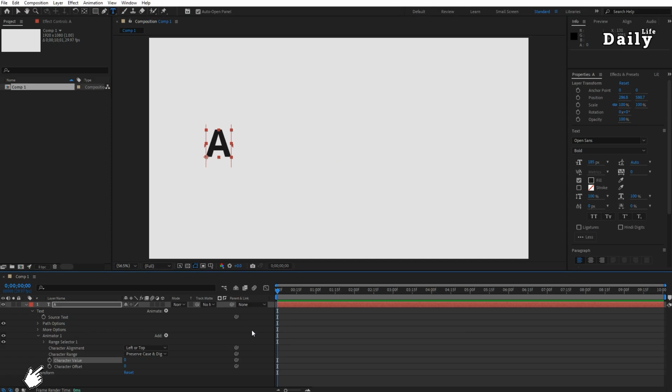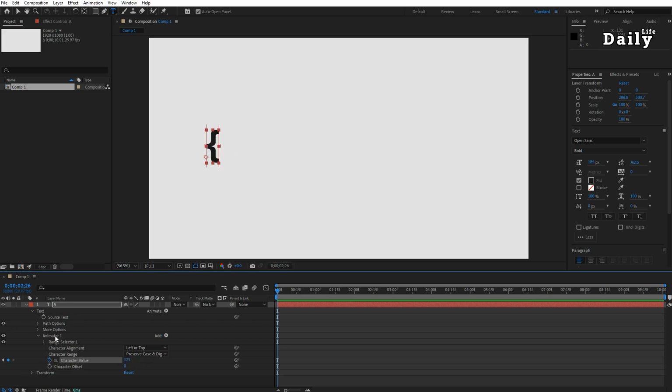Character offset shifts the characters in the text based on their position in the alphabet or character set. For example, A becomes B if you make the offset 1. Do this for 3, 2, etc. Animate from 0 to 10 in 1 second and check the result. Character value changes the actual characters, animating between different letters or symbols.